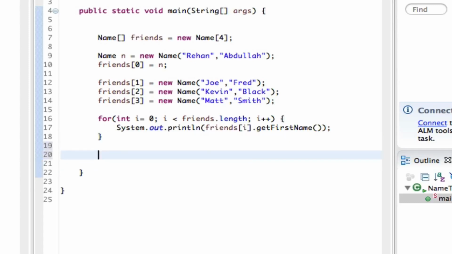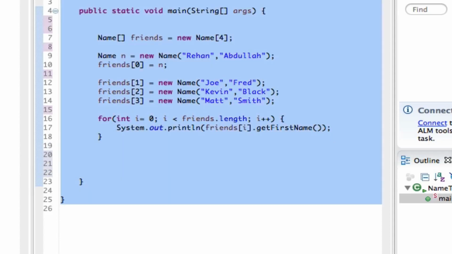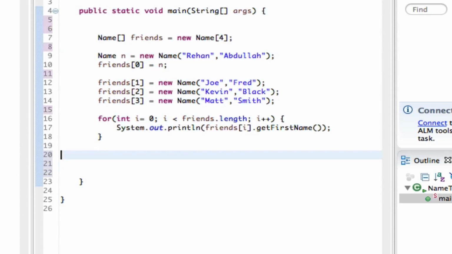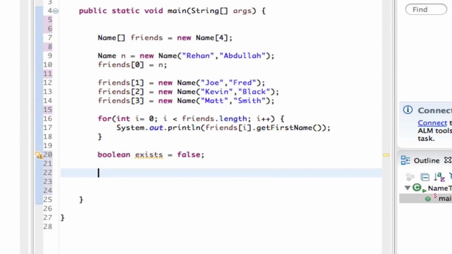Okay, correct indentation, yep, it is. Or it's a boolean exists equals false. Now using a for loop, name nm, you can have anything you want, colon, friends,